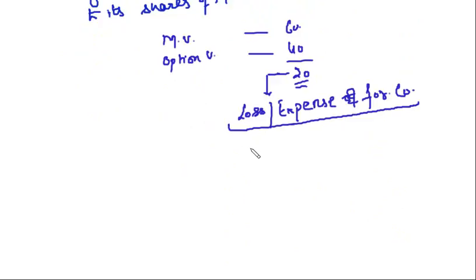So whatever loss or expense you are incurring today, this is not written off, this is to be divided equally among the vesting period,